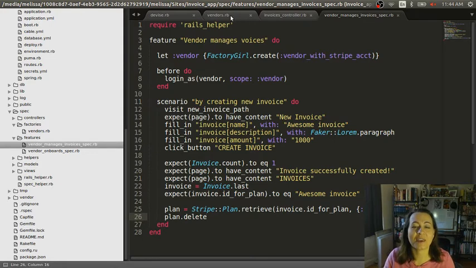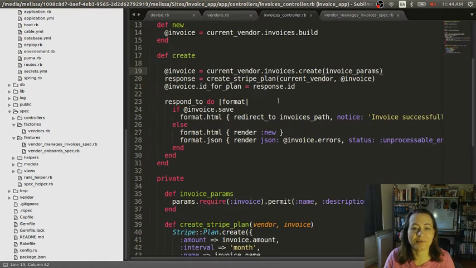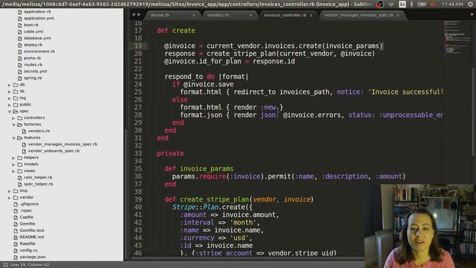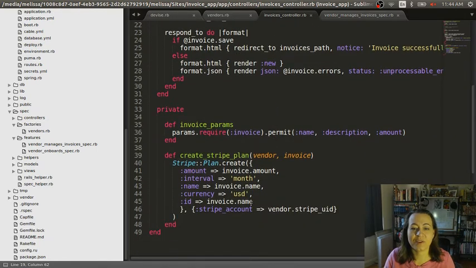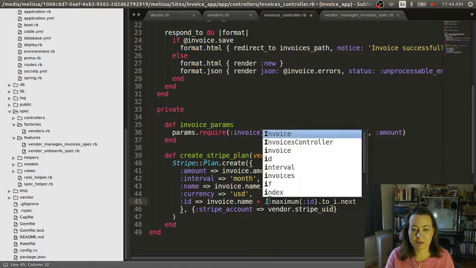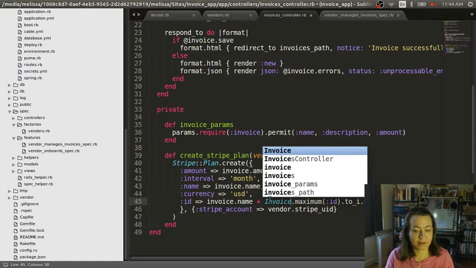So that means in our controller, invoice name is instead going to be invoice name plus invoice